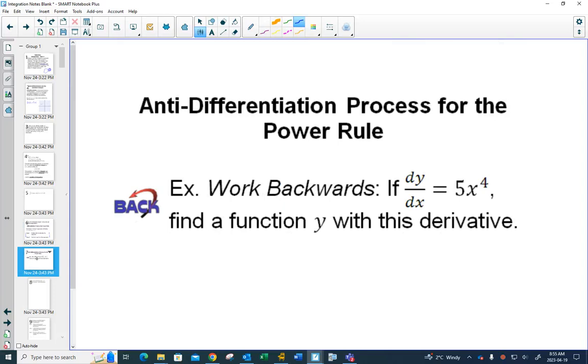So we had this question in our notes in our very second unit. Work backwards, right? And this one you just looked at and saw because it fit our power rule nicely. When we did that unit, you were like, oh, a number got brought in front and you subtracted 1 from the exponent, so it was very easy to see that it was x to the 5. In the first unit, I always said find a function, so this would be good, or x to the 5 plus 3 was fine. In our current unit, we're always going to write plus c to say there could have been anything.